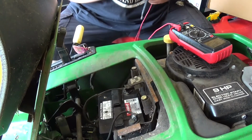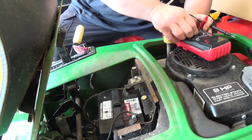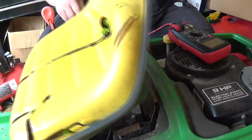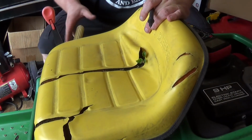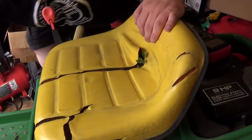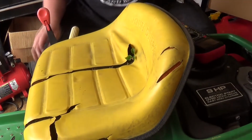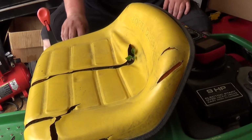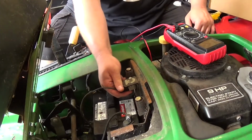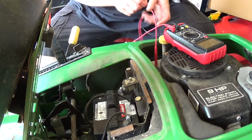And there's a couple things I need to test. This mower does absolutely nothing when you crank it. It does literally nothing. And I have a feeling it's one of the kill switches. For instance, this kill switch right here